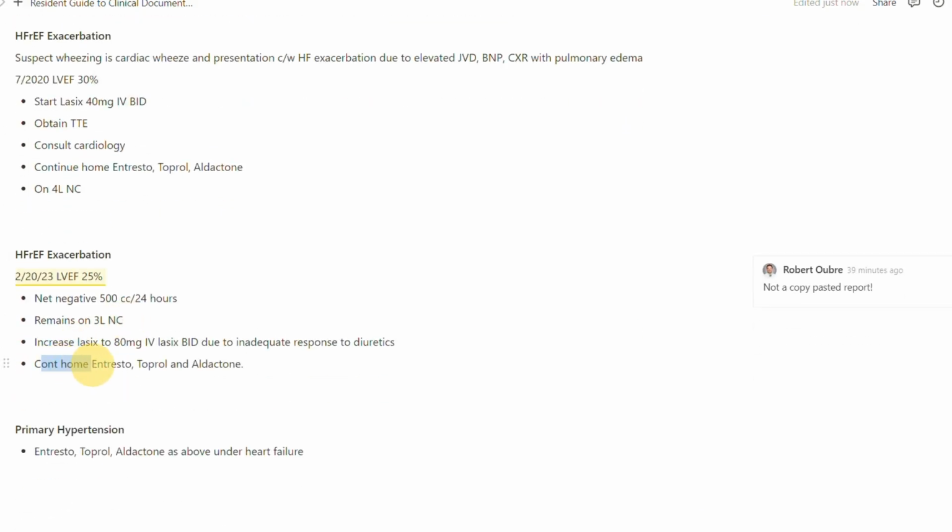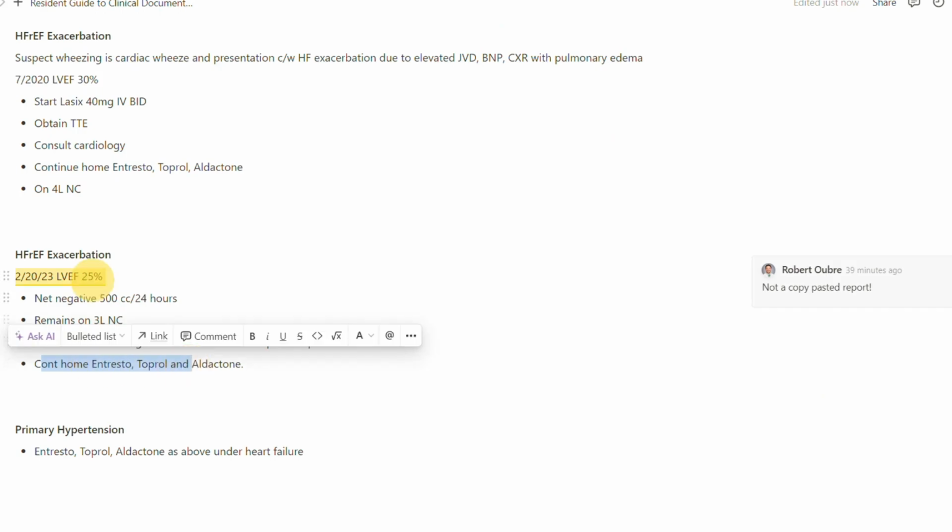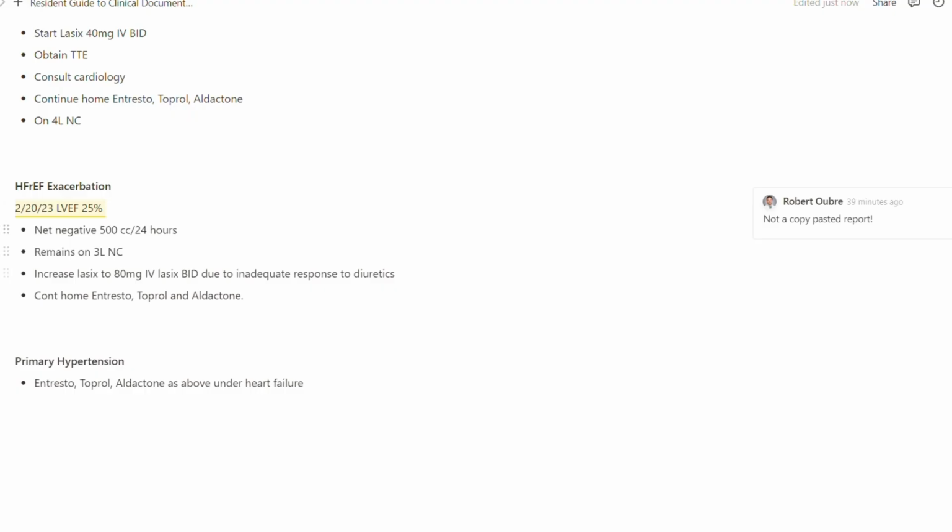And also I'm not going to move just these medications. So this is kind of our evergreen portion, right? Because nothing changes from day to day. This is our evergreen portion. And I have this highlighted here because I want to remind myself to say this is not a copy and